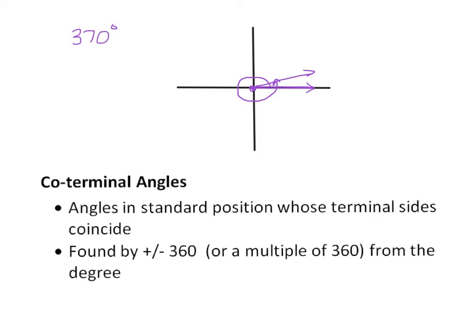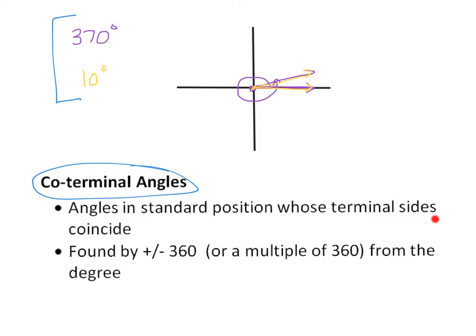So, what about if I drew a 10-degree angle on this same picture? Well, a 10-degree angle would start at the origin and have the initial side along here, and then it would go up just 10 degrees, which would be right there. Well, that means the 370-degree angle and the 10-degree angle are coterminal angles, because they are angles in standard position